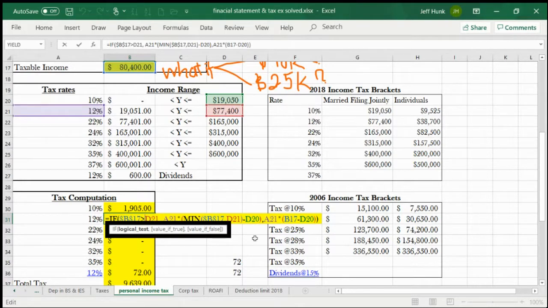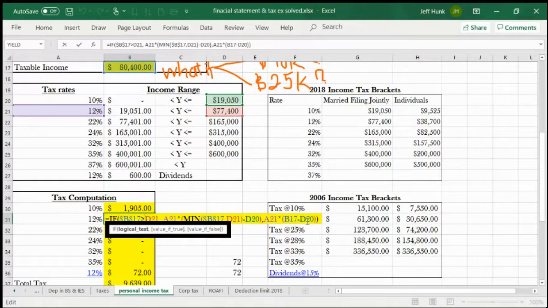In other words, about the 50K portion, right? So the minimum between the two will be picked, and it will take the difference between the minimum of the two values and the difference, right? And then it will be applied 12%, right? And then otherwise, second comma is otherwise, right? Then that means this is not, that means our taxable income is not greater than this, then something like 25K. If that is the case, then